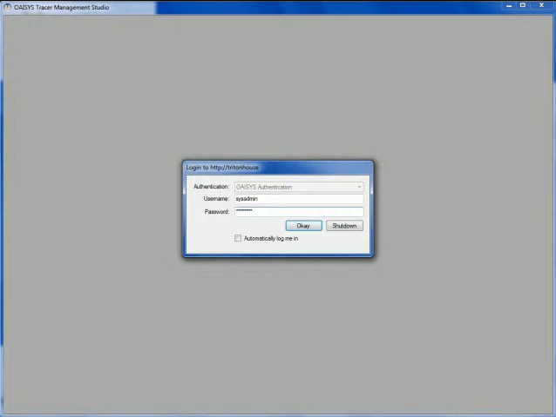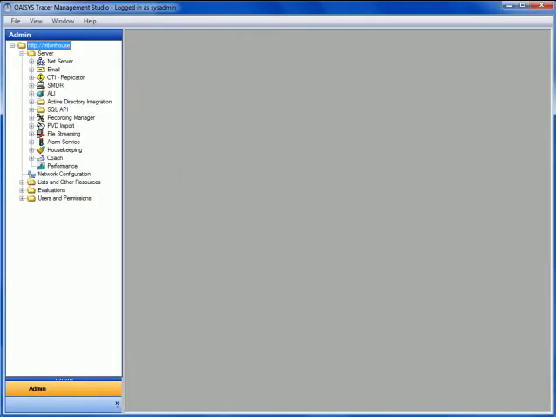Once again, if you have a profile that has full administrative access, by all means you can log in with that username and password combo. However, if you do not have a profile with that level of access, the sysadmin is what you're going to want to log into for today's programming purposes. And that once again brings us right back to this administrative view of the system where we do all of